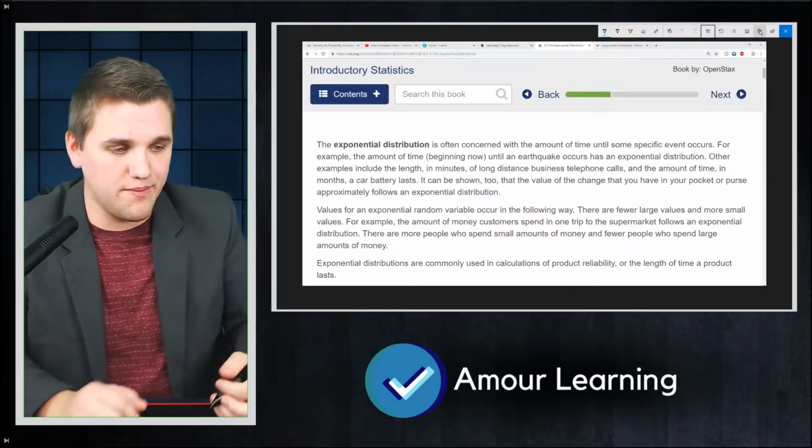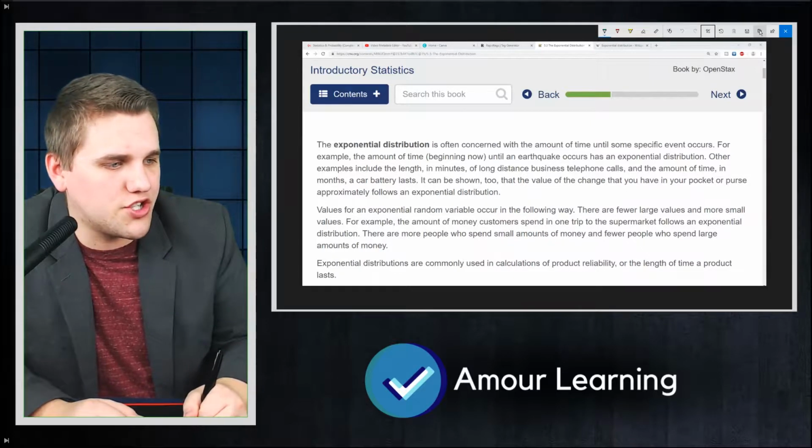But if you notice there, the variable for the Poisson distribution is discrete, meaning I can't really tell you what the probability of me getting a heads after 3.5 attempts is going to be, because I can't flip a coin 3.5 times. The number of trials is a discrete variable. The exponential distribution is concerned with continuous variables, specifically intervals of time. So let's be more specific with the definition here.